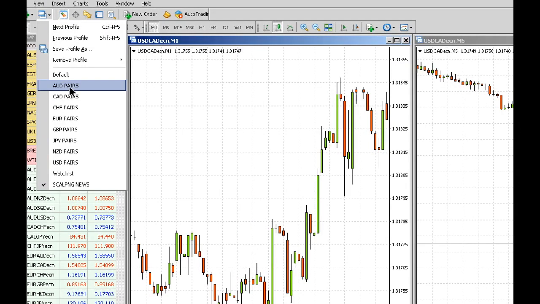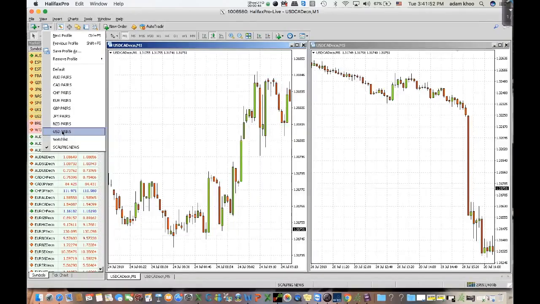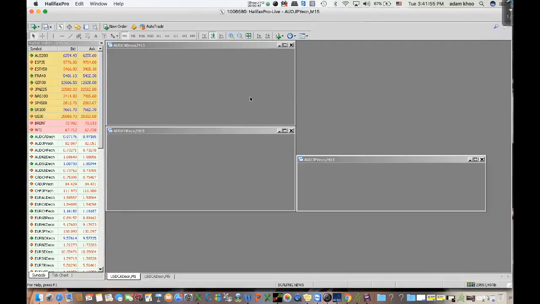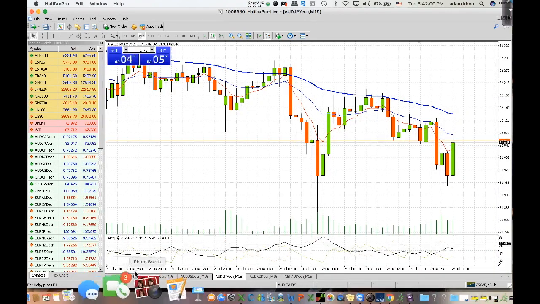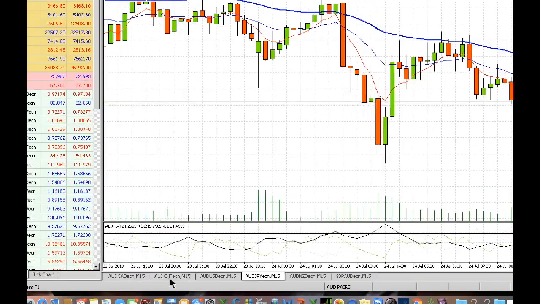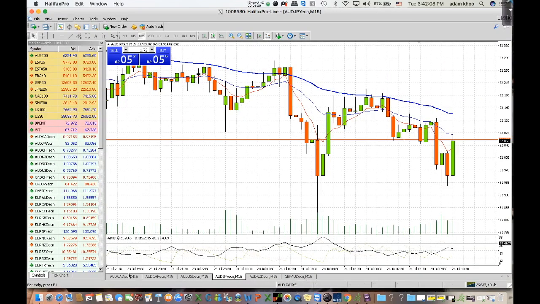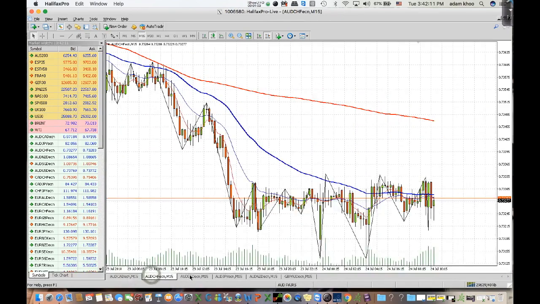So I organize all my Aussie pairs together, all my Canadian pairs, franc pairs, euro pairs, pound pairs, yen pairs, New Zealand pairs, and dollar pairs. So you can see that in all I trade 1, 2, 3, 4, 5, 6, 7, the 8 major currencies and all their pairs, right? So for example, when I click on Aussie pairs, boom, all my Aussie charts will come out, okay? And so I look at Aussie Canadian, Aussie franc, Aussie dollar, Aussie yen, Aussie New Zealand, and pound Aussie. So I can look at it one by one in this way,